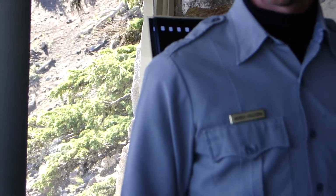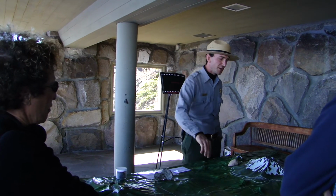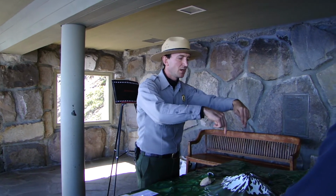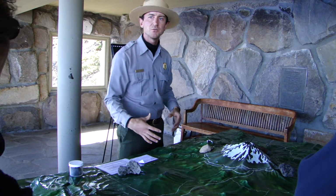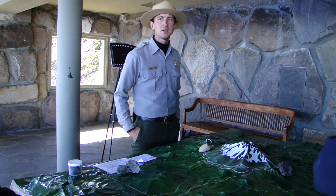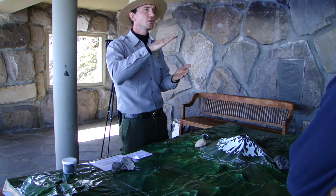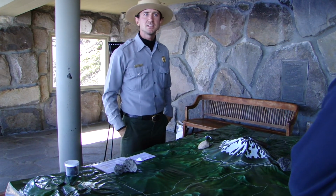How do they know the height achieved by the mountain? That's a really good question. There are several ways. One, a very simple method, measuring the surrounding slopes, comparing that topographical overview to another mountain in the Cascade Range. And we can see from the lower slopes here that it may have resembled Mount Adams, Mount Shasta. Comparing those slopes helps. It's all speculative though. At one time we thought, oh, it's 14,000 feet, but no, we're thinking more 12,000 feet. A lot of this is because when you extrapolate a slight angle